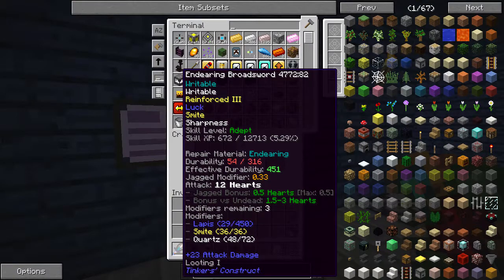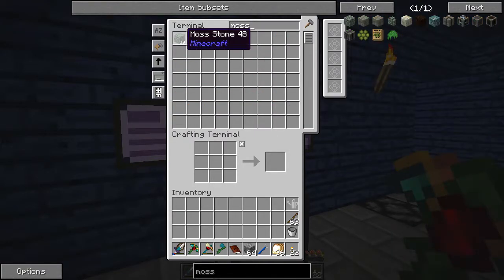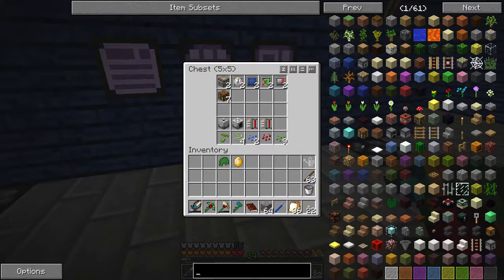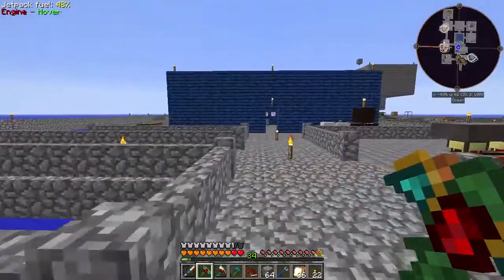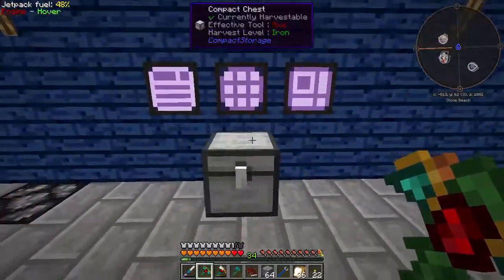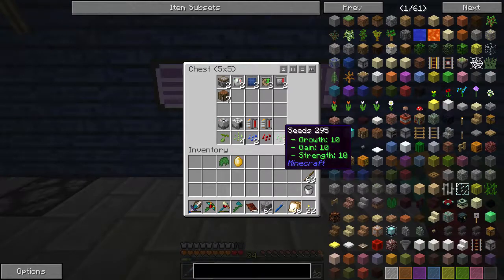This is endearing. I need to repair this. We could also put moss on it, so let's actually just put moss on it. So I have a silky gem. That is something that I want to do, and there's a couple other things I'm going to want. Do I want the grass, actually? Why did I want the silky gem? Because my pick has silk touch already. The axe doesn't need it. It's got to be for the raiding hoe, but...